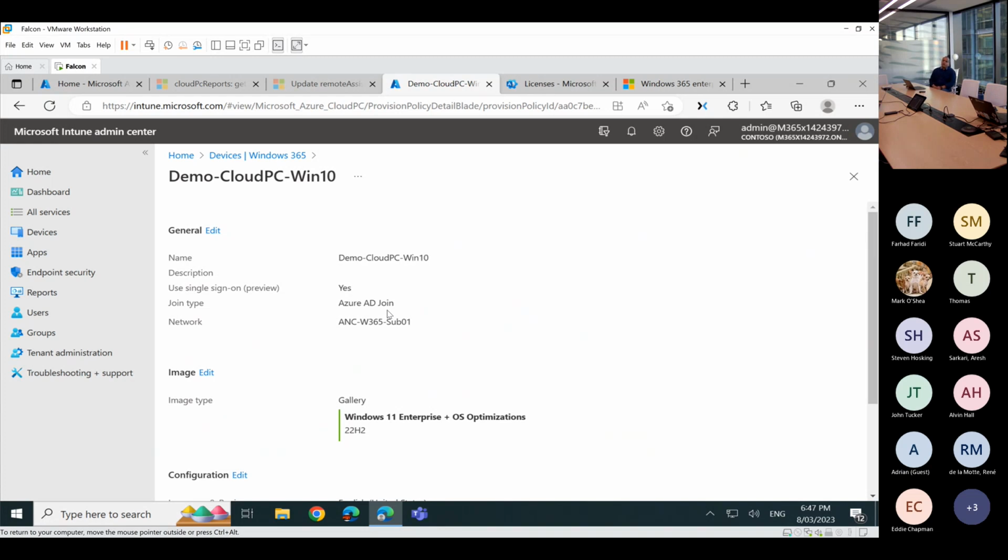Make sure if you have resistance while making this decision, you defend it properly, get good guidance and defend it. There's really no good reason right now for Windows 365 to be joined to a hybrid kind of setup. Just use Azure AD.